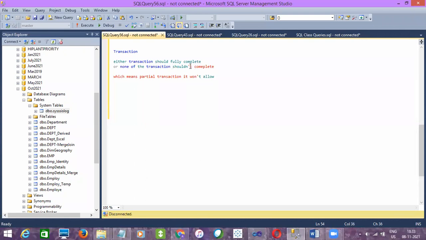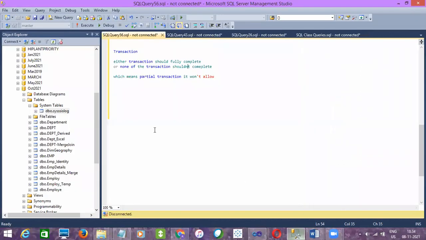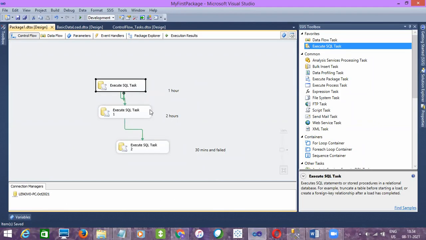Partial transactions, in the sense, let's say in SSIS we have three tasks here, right? And if you're trying to delete data here and insert here, but while inserting, it failed due to some issues. When this task fails, the previous transaction also should get rolled back. That is what the meaning is. When you implement a package transaction, all the tasks within the package should successfully execute.